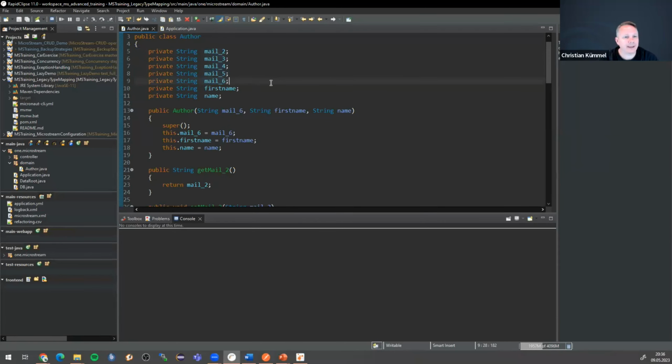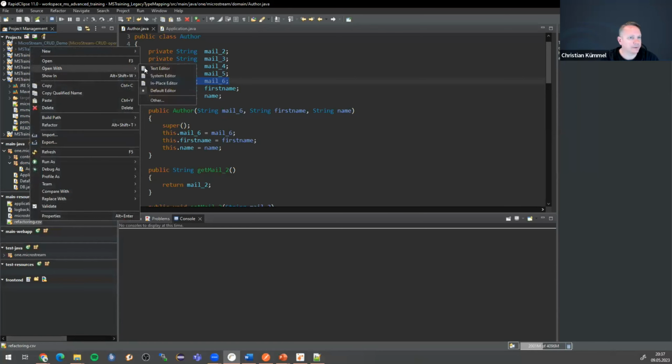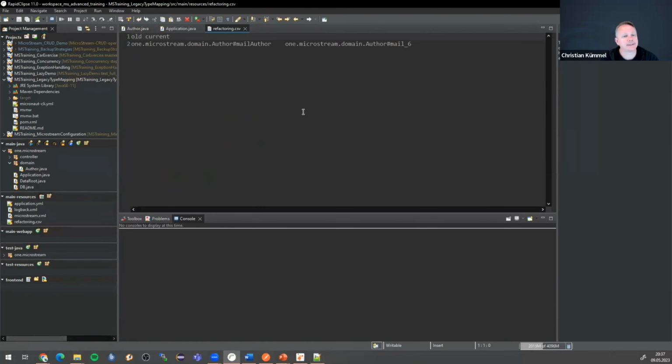I'm pretty sure MicroStream would migrate the values to mail_2. But what if we don't want that? So what if we want to have it in mail_6? Then there is another mechanism which comes into play. It's the manual mapping. So you will be able to define a refactoring file, which is down here. So let's open this with the text editor, which looks like this. And this file enables you to decide what should happen